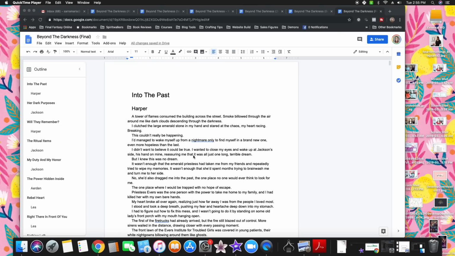Then what I will do is I will go through that paper copy that I just showed you, and I will input any changes that I noticed needed to be changed when I was listening to the story. I will go ahead and input those. And for me, I find it better to be listening to it and have a paper copy and read through it,